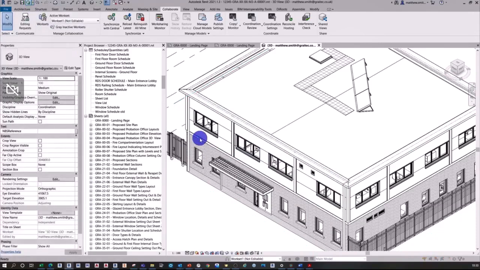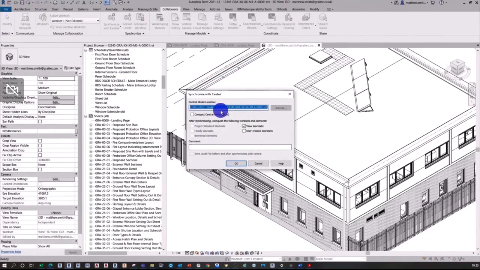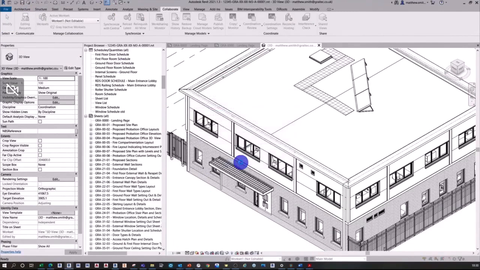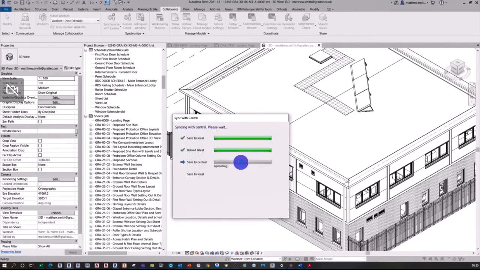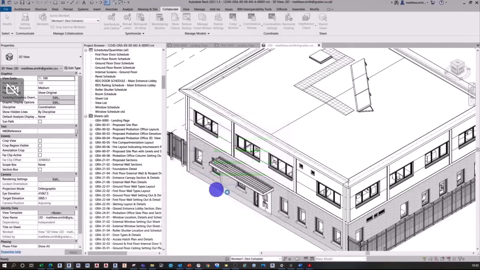And so now that we have created the work sets, we have applied the elements, we want to synchronize our model so that everybody else who has taken a copy of this model will see those changes updated. And then this is publishing, pushing this data up into our Construction Cloud project environment. So there we go. Now that that is synced with those changes, if I just come and open up my project,